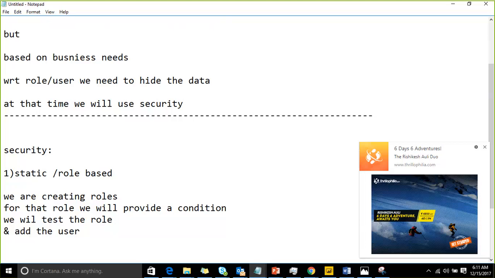In that scenario, we are going to implement role based security. We are going to create a role for US, UK, Canada, India, like that. Then each role can see only that country data. Once you are done with your testing, we are going to add the people to that role, so that the people associated with that role can see only that data. That is what role based security is.